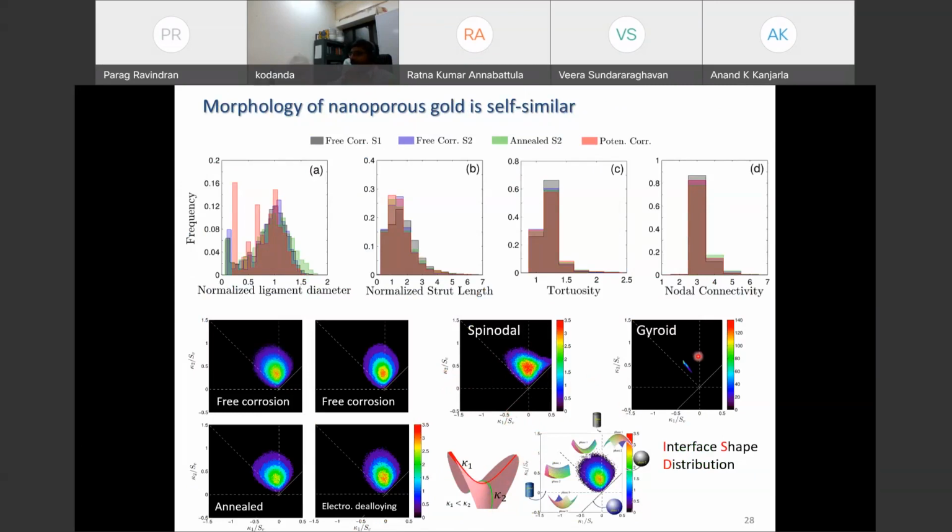If you look at it, the gyroid and the spinodal structures are extremely different candidates. But despite that, the actuation behavior is exactly the same, and the connectivity is also very different. So that led to the question of how the structure is not playing a role in this, and how we know that the mechanical